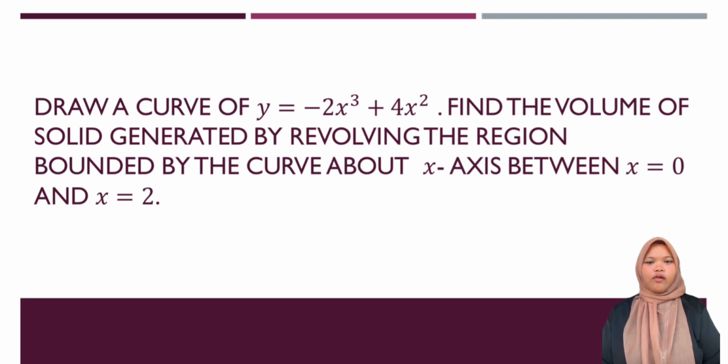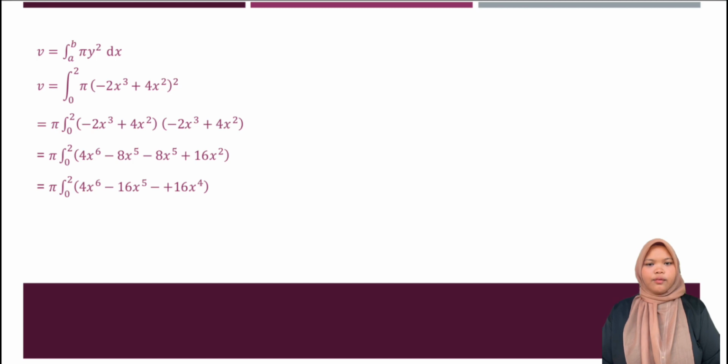Draw a curve of y equals minus 2x cubed plus 4x squared. Find the volume of solid generated by revolving the region bounded by the curve about axis x between x equals 0 and x equals 2. We use the y formula, so replace y with the given equation, which is y equals minus 2x cubed plus